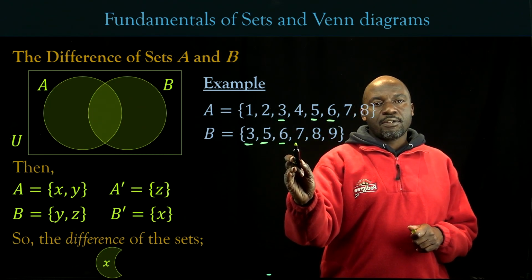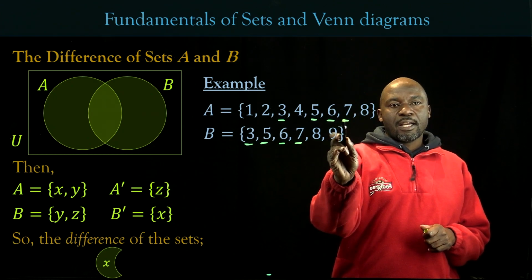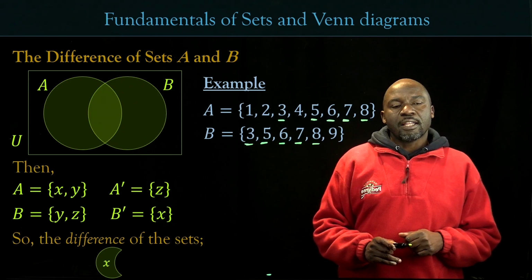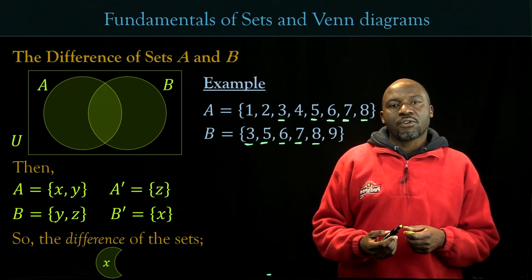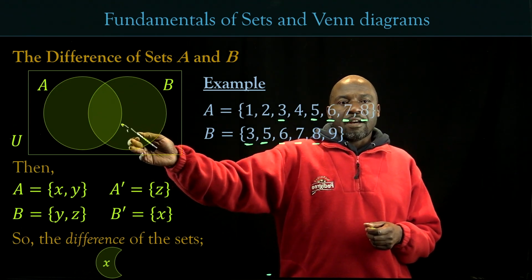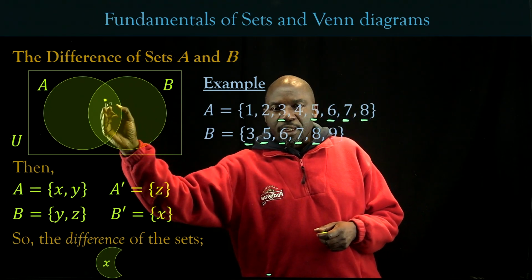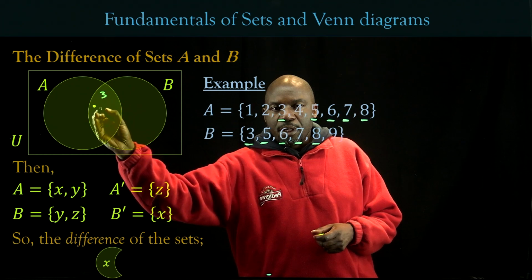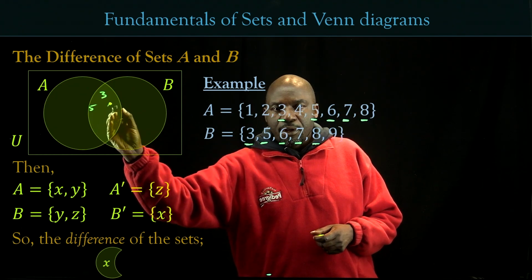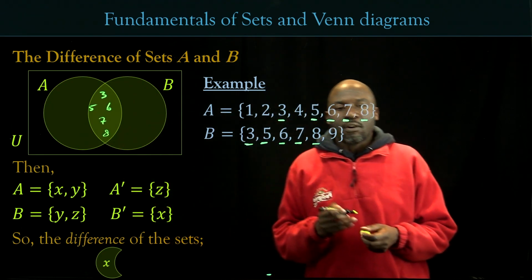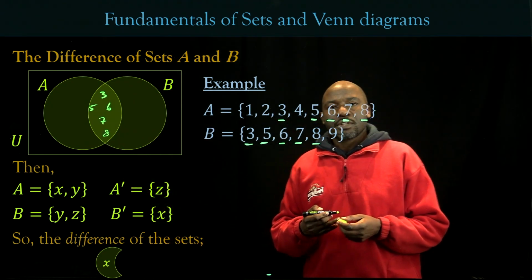There is a 7 and a 7, and I think the last one is 8 and 8, like that. So those are the elements that are in both sets. So I'm going to write them in here. So we have 3, 5, 6, 7, and 8. So I can write here 3, 5, 6, 7, and 8 are all elements that are in both set A